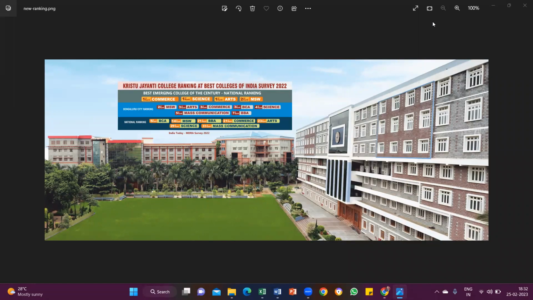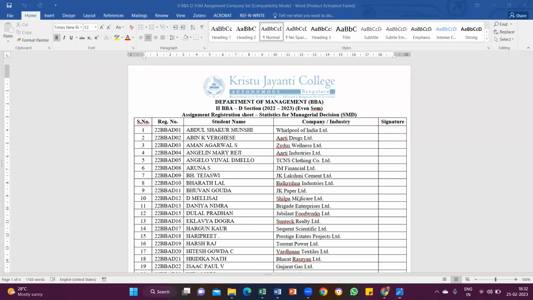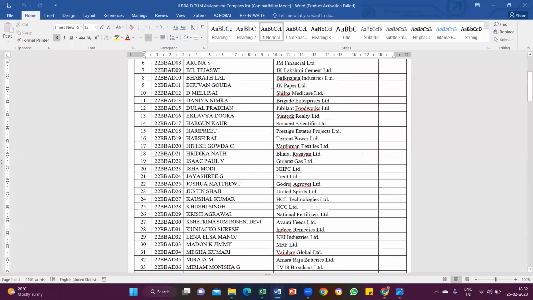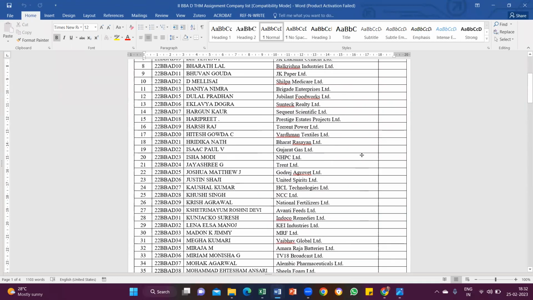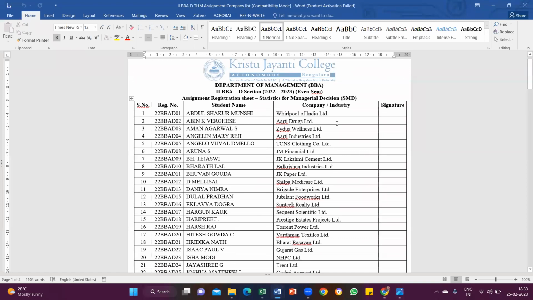Today I am going to explain how to do descriptive statistics using a spreadsheet for the share price data. First, you all know that this is the company everyone has got as a part of your assignment for statistics, and you have to collect the share price of the company which is listed as per your name, right? And then